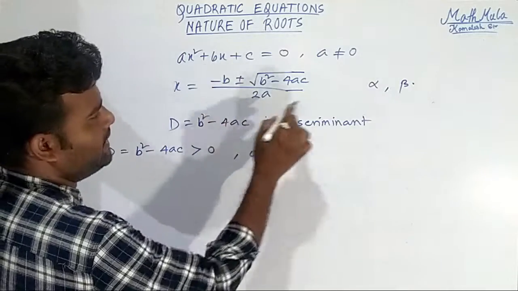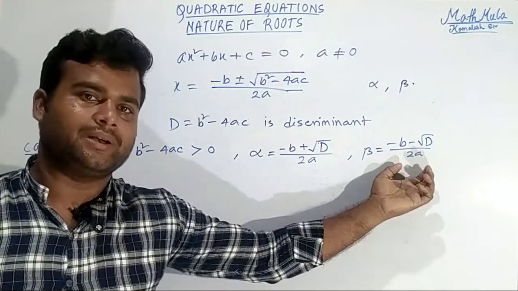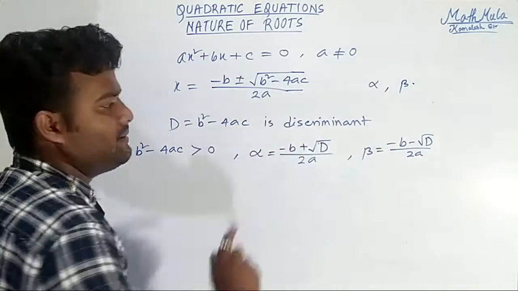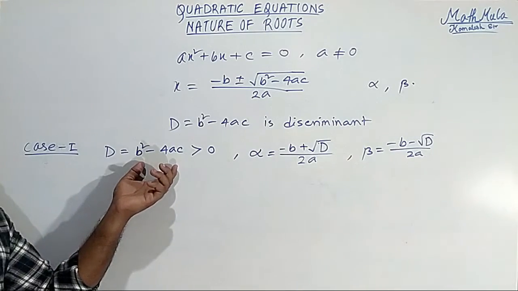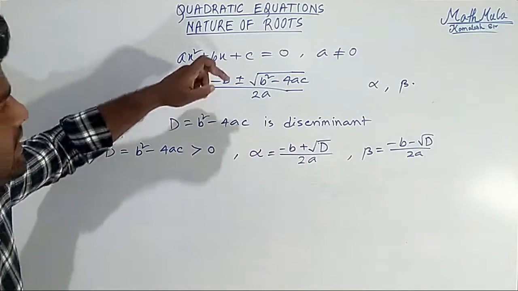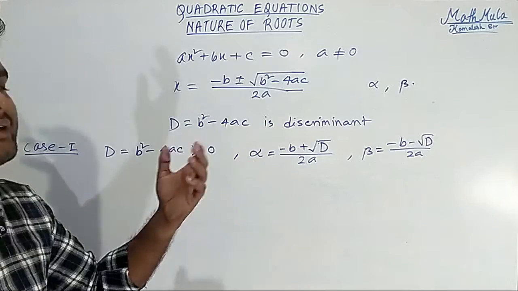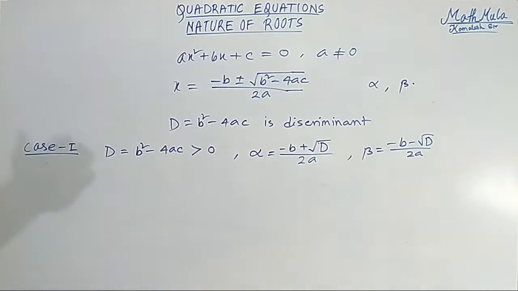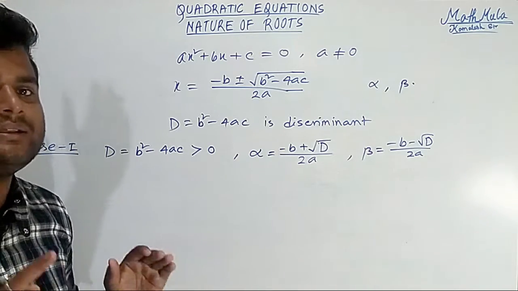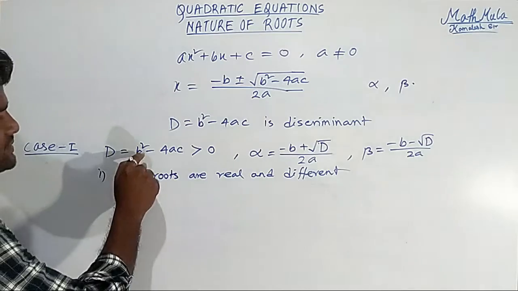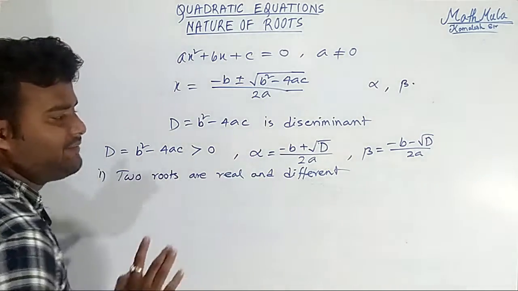be the positive sign and beta will be the negative sign. Now look, this number and this number are different because there is a plus sign and there is a minus sign. Then you get two different roots. When the discriminant is greater than 0, that means under the root the number is positive. That means we get a real square root. That implies the roots of this equation will be real and different. Now if b² − 4ac is greater than 0, then the roots are real and different.